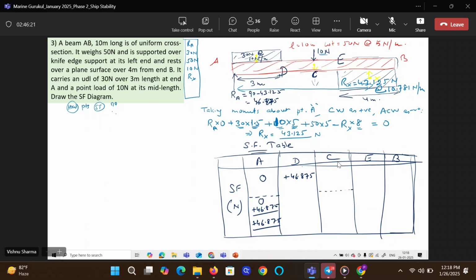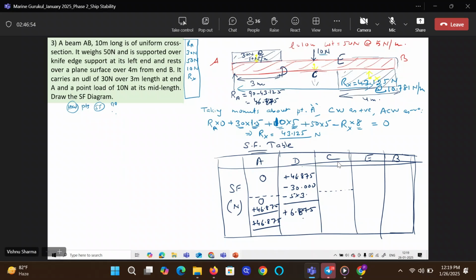So 30, the uniform weight. Tell me the value and sign. Minus 30 newtons, the weight which you correctly identified. And minus 15, the weight of 3 meters of beam, minus the weight of 3 meters of beam, right, guys? Yes, sir. So minus 45 leaves you with